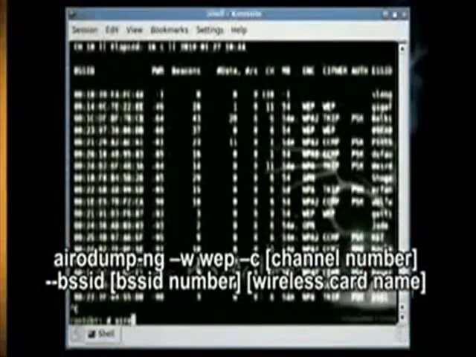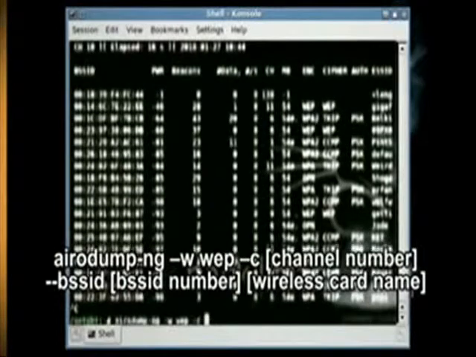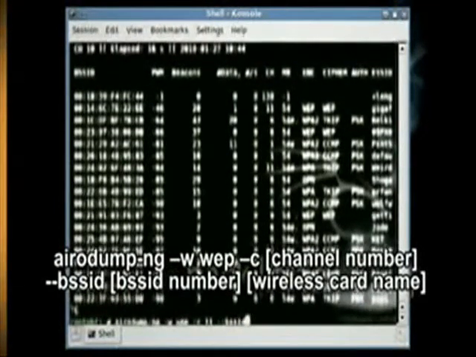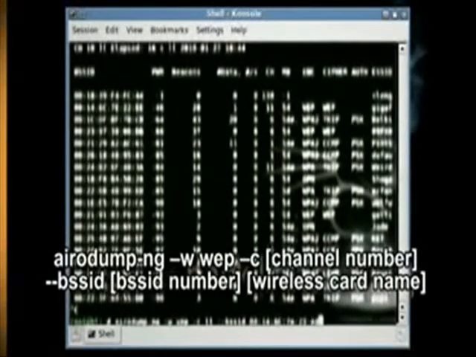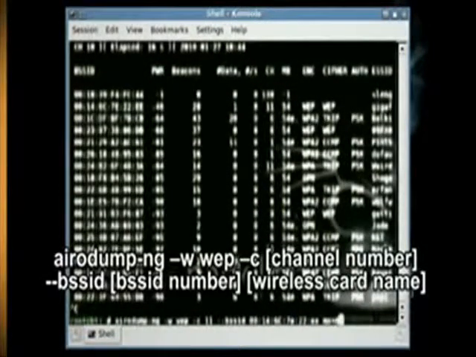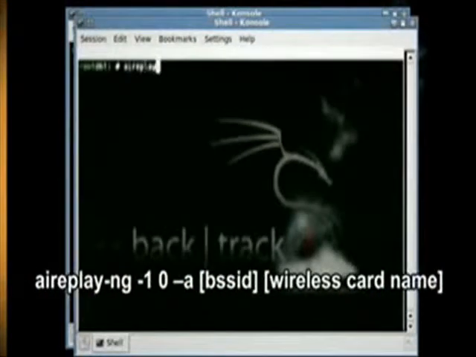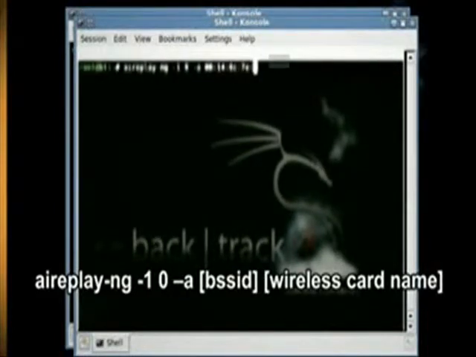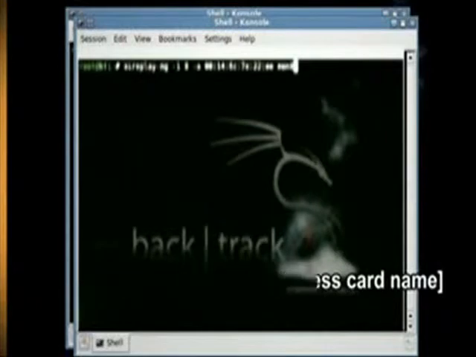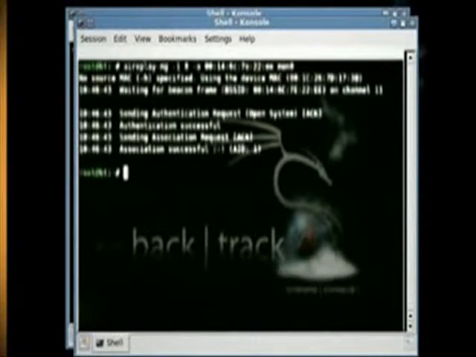Now type airodump-ng -w WEP -c then the channel number --bssid and then the BSSID number and then your wireless card name. And this will link your wireless card to that particular connection. Now just leave that running and open up a new console and type airplay-ng -1 0 -a the BSSID number and your wireless card's name, which will associate your wireless card with the connection so that